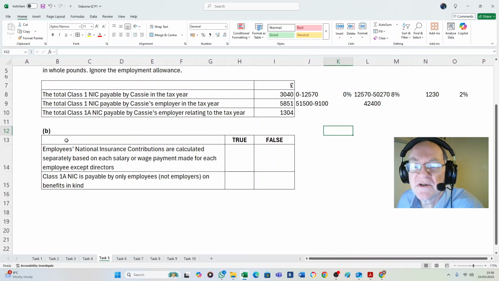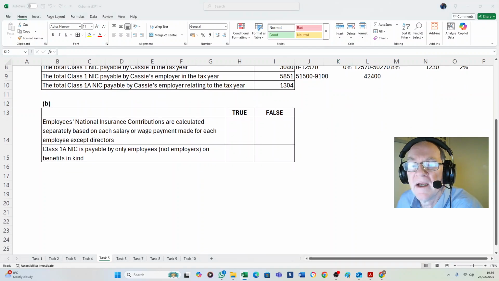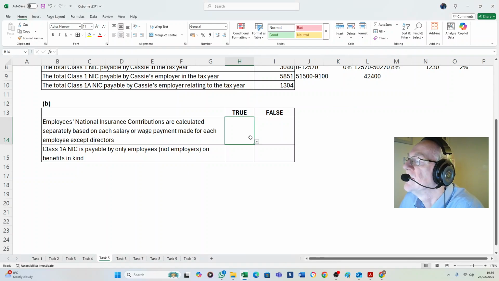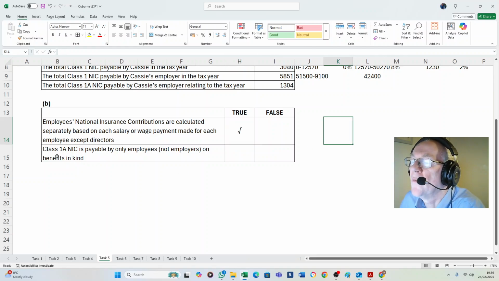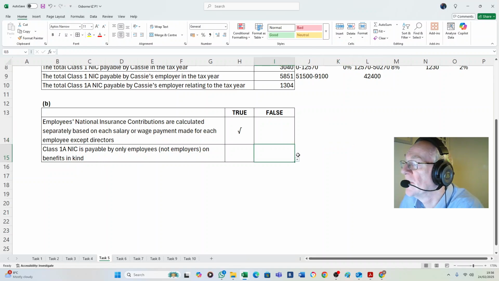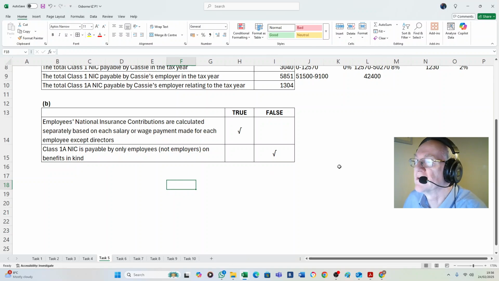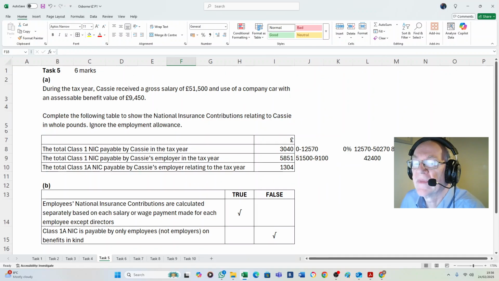Then 2 tick box questions. No guarantee, could be 2 falses, 2 trues, don't take any gambles. Read carefully. So employees' national insurance contributions are calculated on each salary or wage paid for each employee. Well yes, you do it for everybody separately based on their own. And then 1A NIC payable by only employees. No, it's the employers that pay it. So it's an additional cost like the employers. And that'll do for